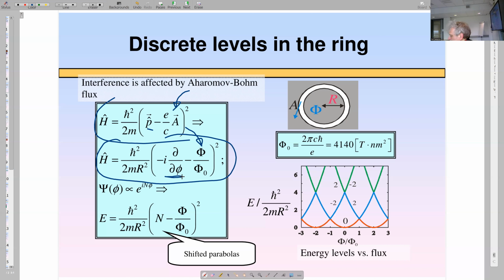Right, it is pretty easy to find eigenstates of this Hamiltonian. Those are just plane waves, periodic functions. And look, I have to make this wave vector discrete to ensure periodicity of these wave functions with a period 2 pi. Fine. After that, I got the energy.